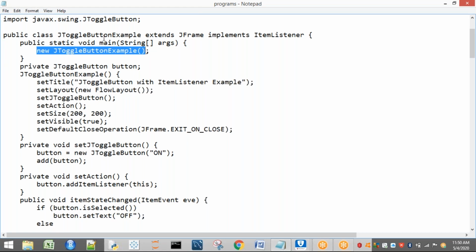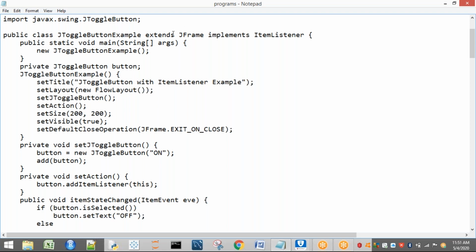So we go to the class called JToggleButtonExample, and we search for the constructor called JToggleButtonExample. So the control comes here. Set title. What is it going to extend? See here, JFrame it is going to extend. That means now we are going to implement the concept of JToggleButton on your JFrame. In the previous session we have seen two ways: one is by creating a JFrame object, and second is by extending a JFrame. In these two ways we can create a frame.